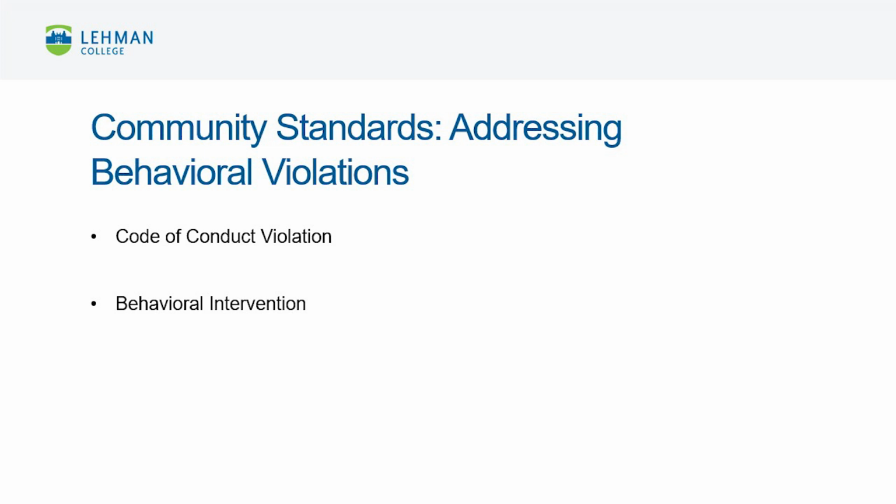Article 15, Section 15.1 defines the conduct standard at the City University of New York. It states that each student enrolled or in attendance in any college, school, or unit under the control of the board and every student organization, association, publication, club, or chapter shall obey: 1. The laws of the city, state, and nation,